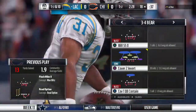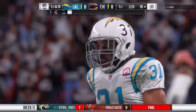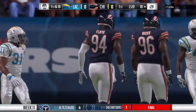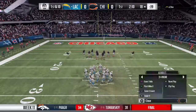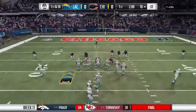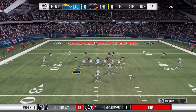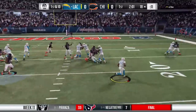That one good for 13 and a Charger first. Relatively small sample size, but that's his longest run of the first quarter. Bounced it out to the outside to make it successful. And to get there, you actually need some help. It's not just your pure speed getting to the corner, making sure that the blocking is taken care of inside so the pursuit doesn't get you. And oftentimes, those wide receivers, tight ends that might be flexed out, they've got to control the edge and make sure no